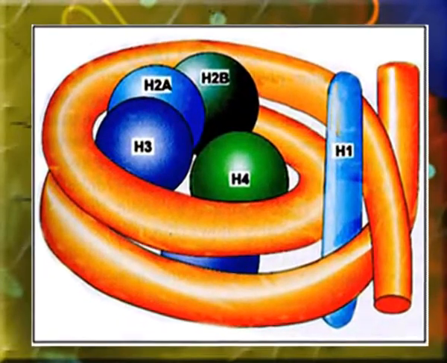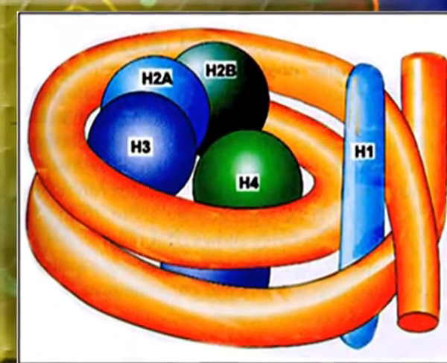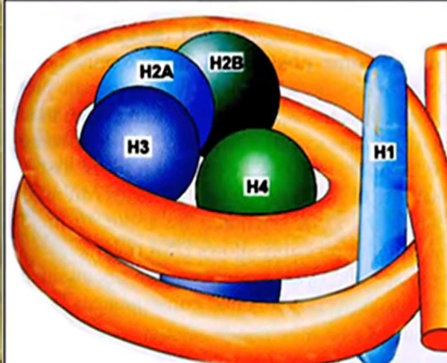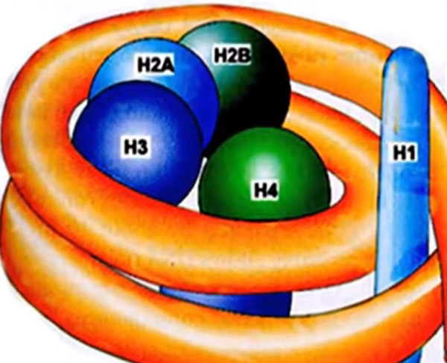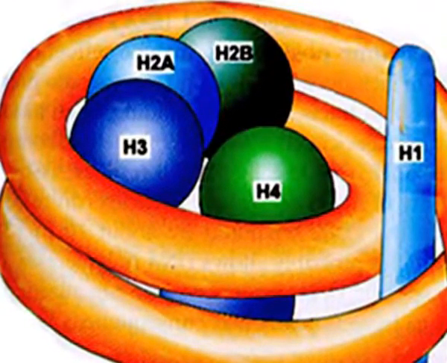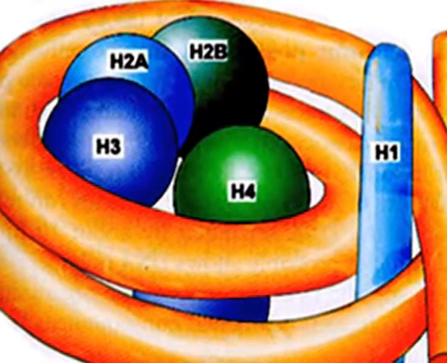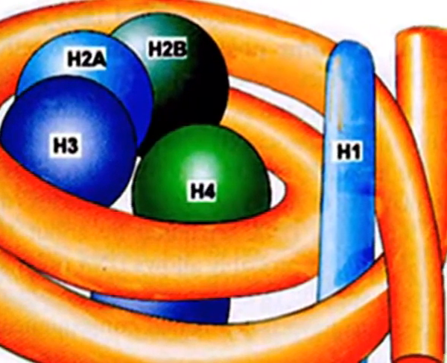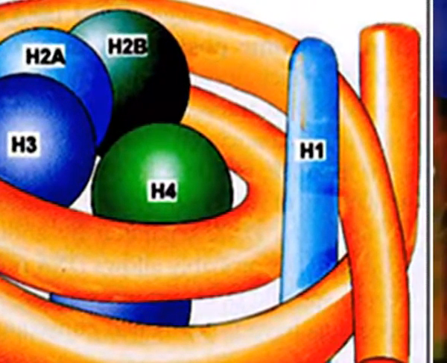DNA follows a symmetrical path around the octamer. The path of DNA around the histone octamer creates about 1.65 supercoils. The DNA enters and leaves the nucleosomes in the same vicinity at points close to one another and could be